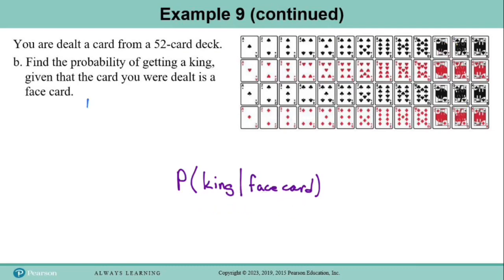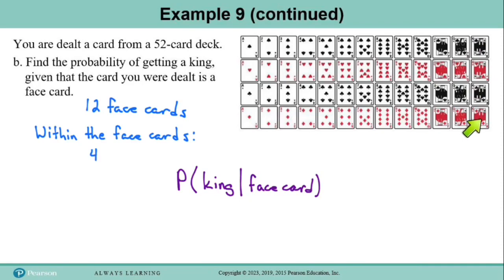And so there are 12 face cards in the whole deck, and within the face cards we know that there are only 4 kings. So the probability of drawing a king, knowing that we're going to get a face card, is going to be 4 divided by 12,